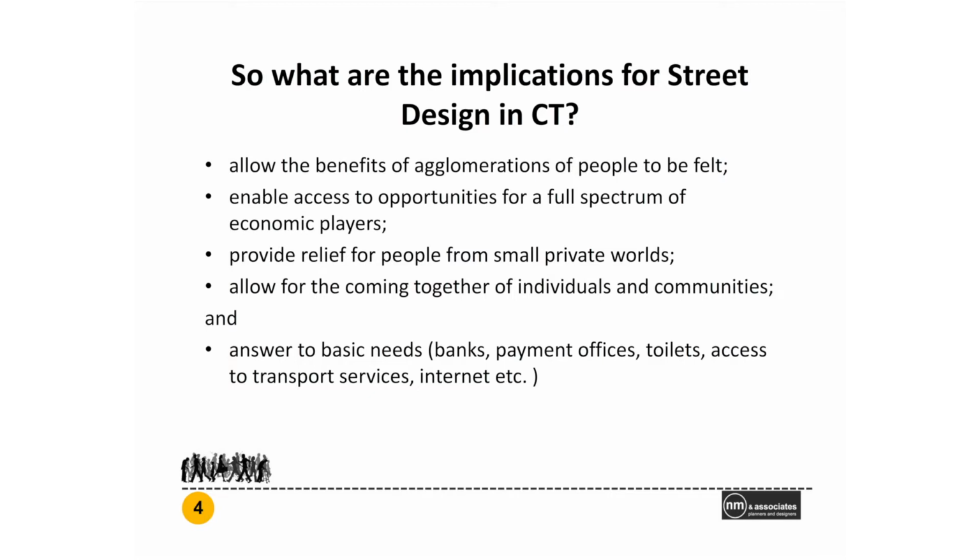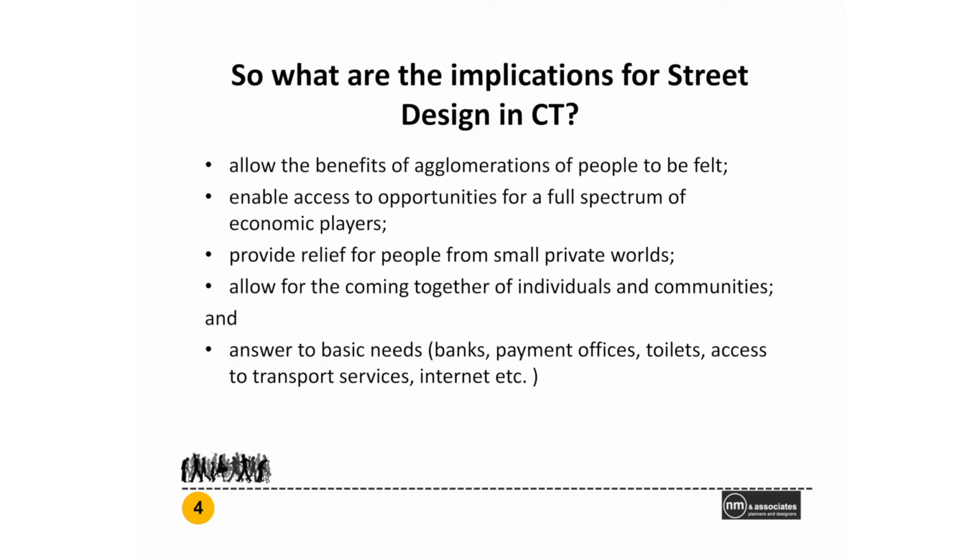So we've got this tension between these two groupings of street roles. On the one hand, the previous slide was talking about the roles that inevitably lead to streets becoming barriers and separators. And on the other hand, you have the set of roles which is about seeing the street as those spaces that pull people together. So what are the implications for street design in Cape Town?